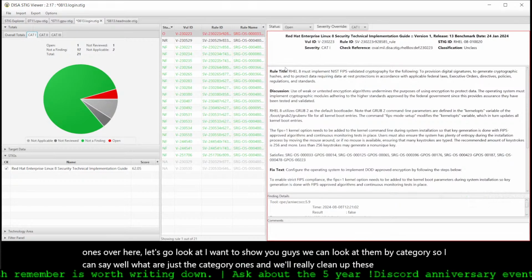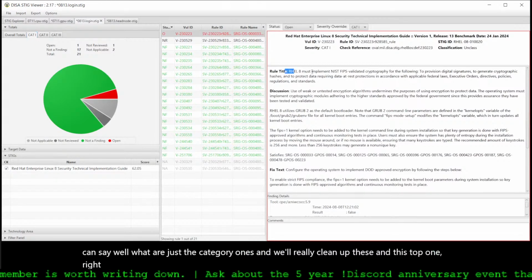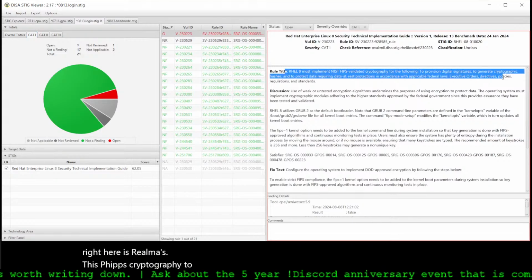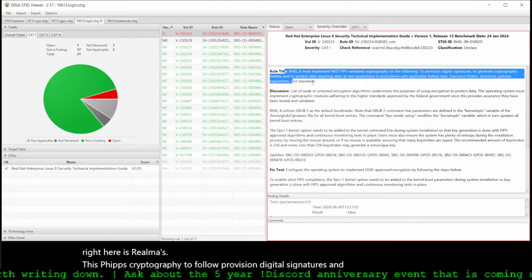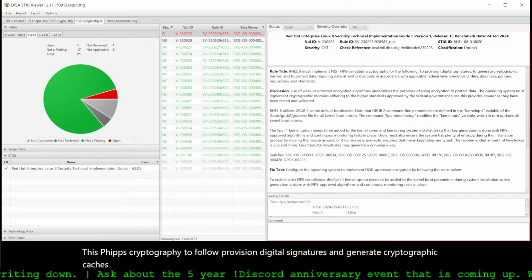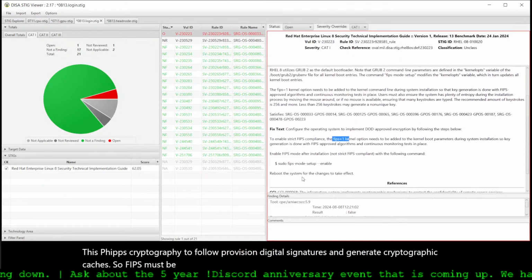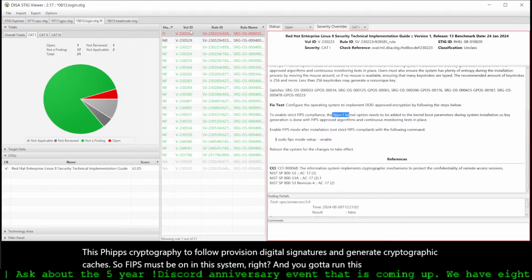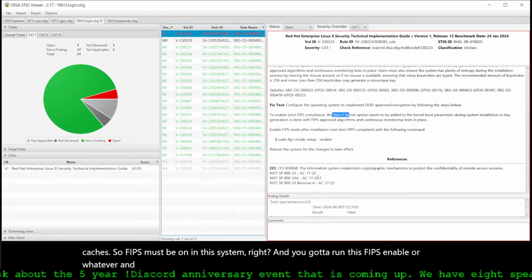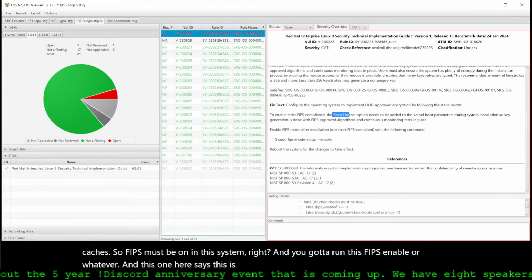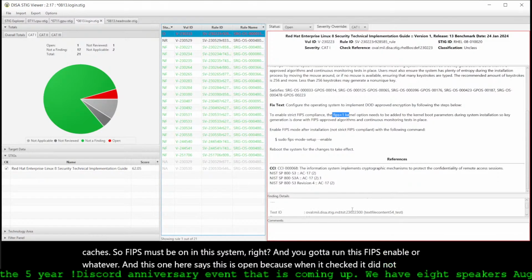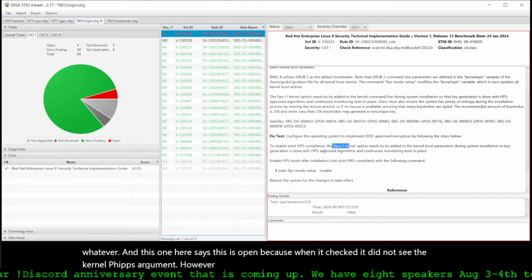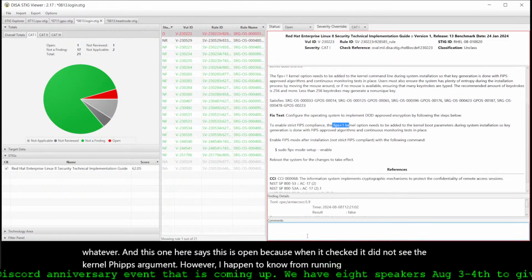And this top one right here is RHEL must implement NIST FIPS cryptography to provision digital signatures and generate cryptographic hashes. So FIPS must be on in this system, right? And you have to run this FIPS enable or whatever. This one here says it's open because when it checked, it did not see the kernel FIPS argument. However, I happen to know from running this system, FIPS is configured,